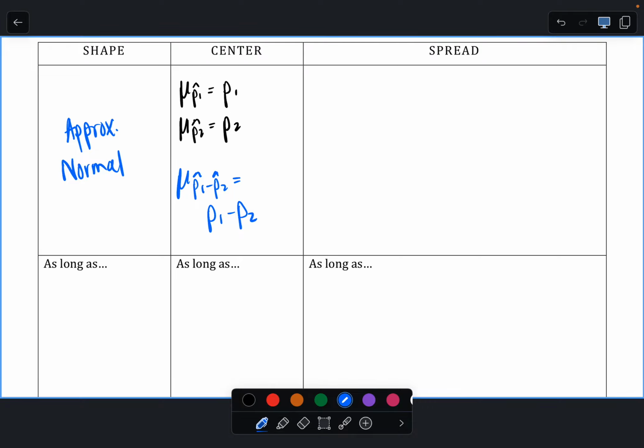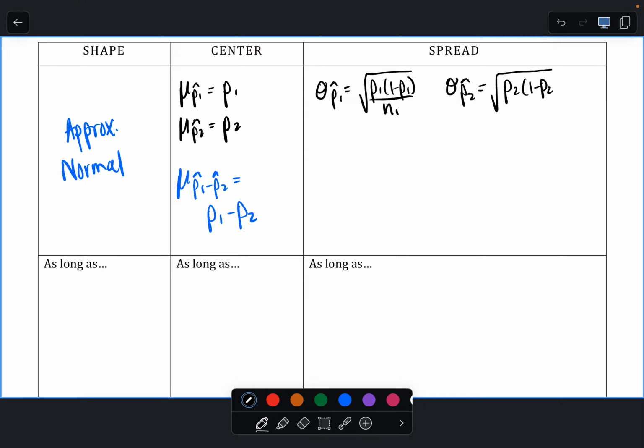You don't have to write that out separately in order to get full credit for calculating the mean. The blue part is the part that is on your formula chart. That is what we have to know we are doing if we have two populations. Now, for standard deviation, just to show you how this is built up, p1 hat is the square root of p1 times 1 minus p1 over n1. And then same thing for p2,